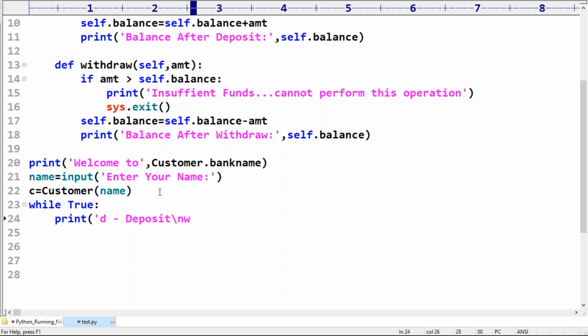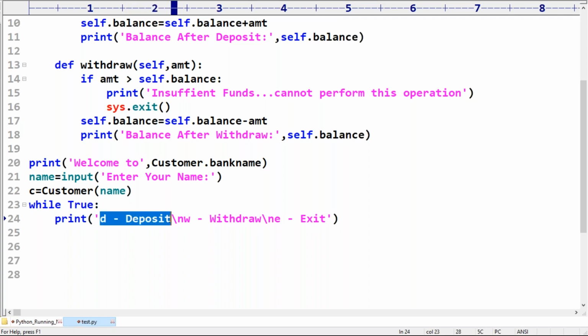W for withdraw operation. Then backslash n. E for exit operation.